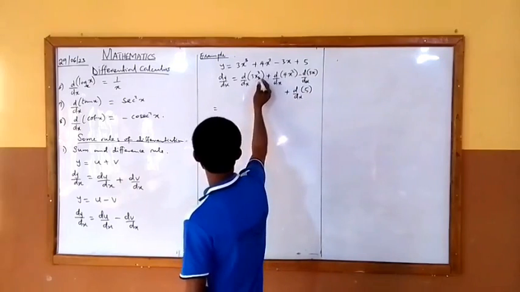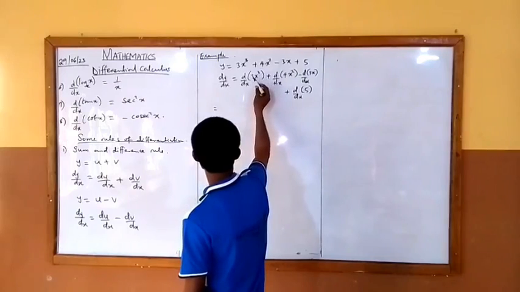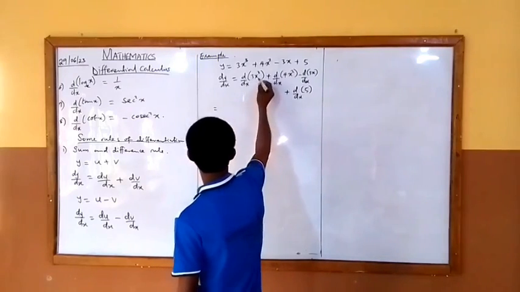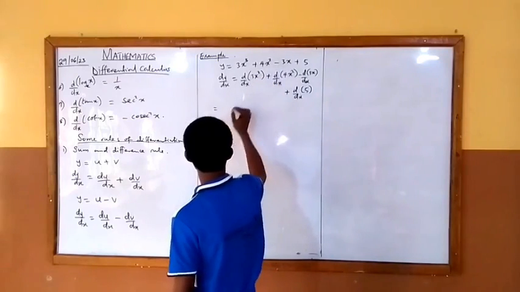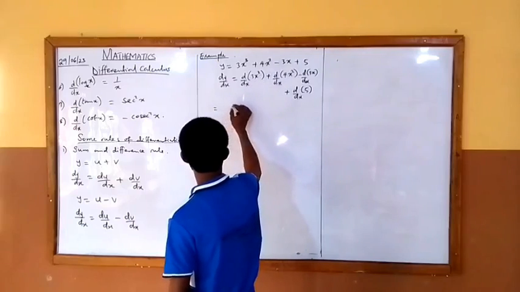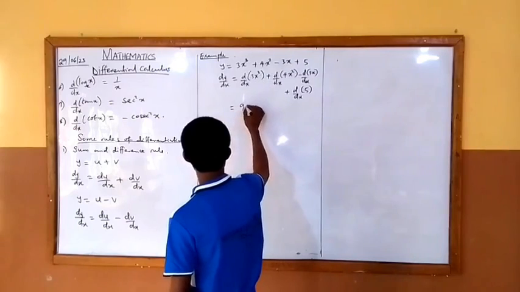So when we differentiate this now, don't forget that the power and the coefficient multiply, then you minus 1 from the power. So 3 times 3, we have 9. So this becomes 9x squared,